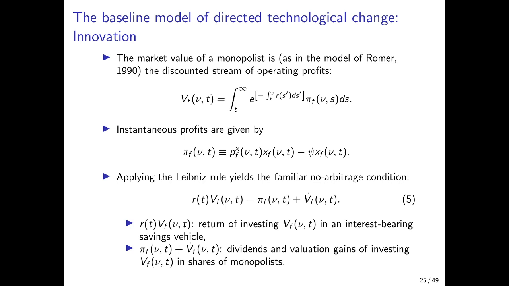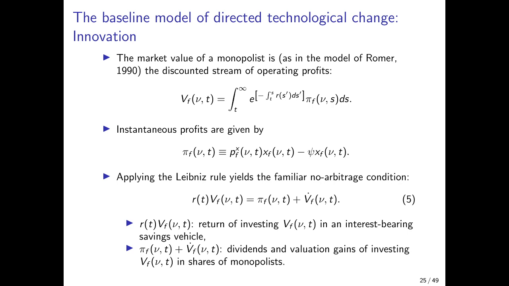And then we can apply the familiar Leibniz rule again to get the no arbitrage relationship for rational investors. That would tell us that there are two savings vehicles in the economy. Either I get the interest rate r_t on an investment of the size V_F, so that's what I get when I invest in an interest-bearing savings vehicle, basically. And on the right-hand side, we have the return that I would get when I invest in the shares of a machine producer. So if I buy the machine producer, or which is equivalent in this case, if I buy the corresponding patent,